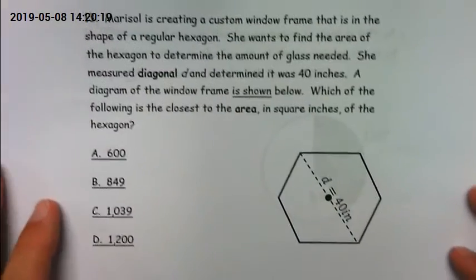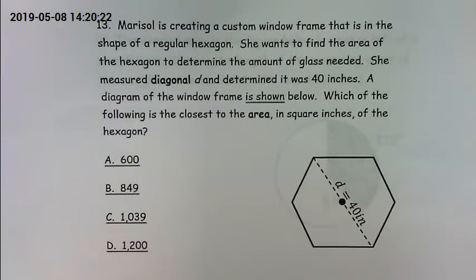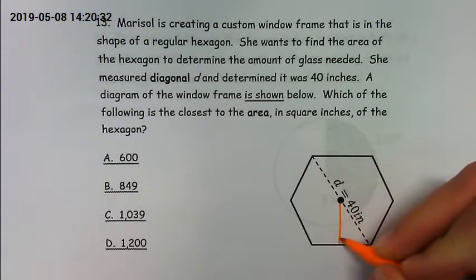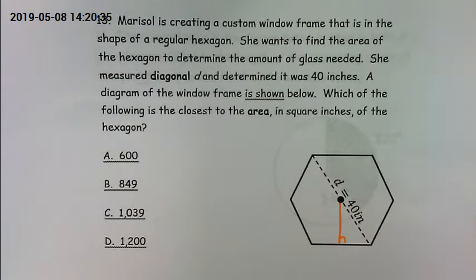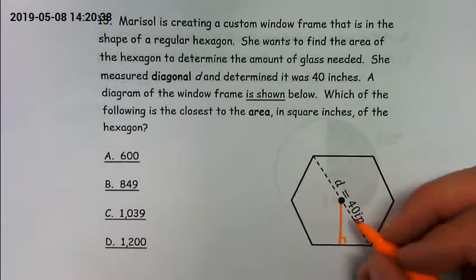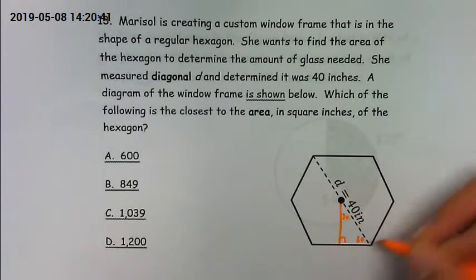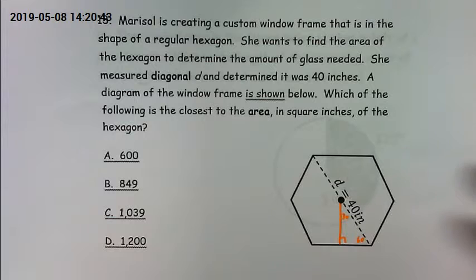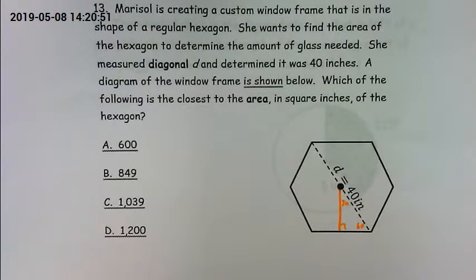Alright. This one's easier. It's still on the same idea, except this one's what shape? Hexagon. And a hexagon, we're dealing with a special right triangle. What type of triangle happens in here if we draw in our apothem? 30, 60, 90. So there's a 30, 60, 90 triangle. So you can use the properties of that on this one instead of having to do the sine, cosine, tangent. Alright? So, take a minute, try that out. Okay, so that means